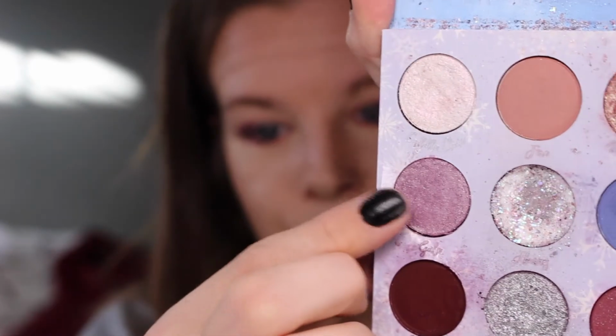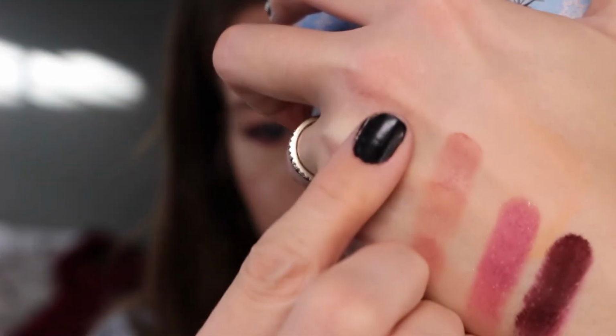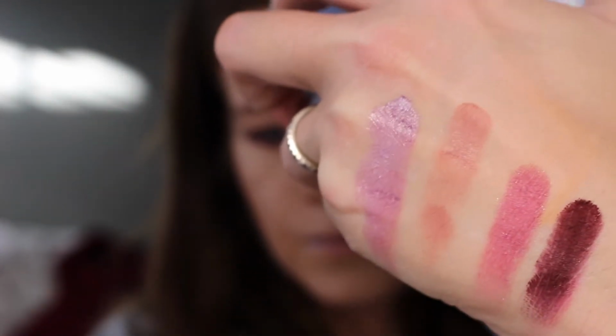So next I'm going to go in with Gale. I love this color. It's got a sheen and a shimmer to it. It's got really purpley pigments in it. It is absolutely beautiful. Look at that. Oh my goodness. So I'm taking the Kat Von D Shade and Light brush, same brush as I already used,